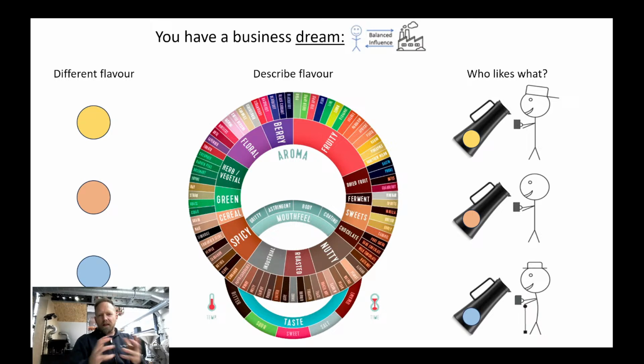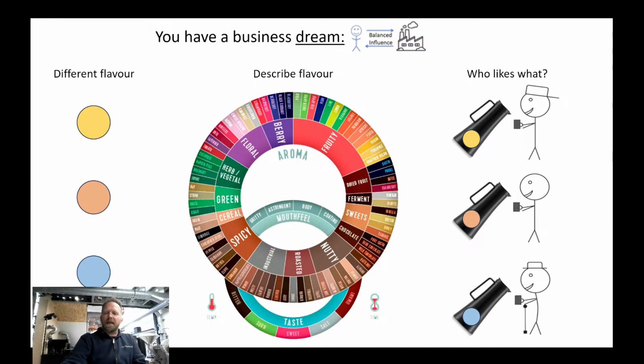According to sensory science, there are 3 steps that you need to make in your process. This is what's called a stage gate model, where you first focus on one question and have a specific method to answer it: are there any relevant differences between the samples that I'm going to put into this experiment? If it's a yes, you can go to the second stage, which is describing the difference.